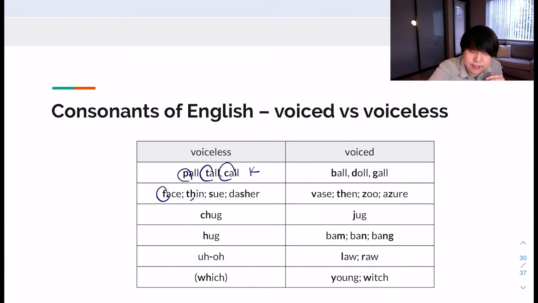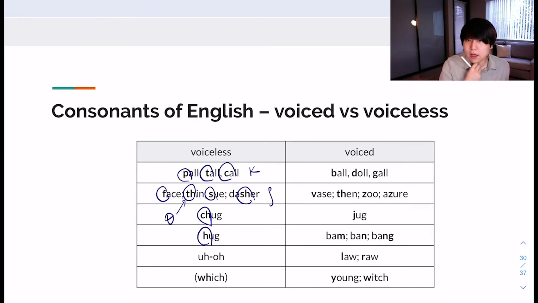Th in face, th in thin, s in sue, and sh in dasher. Later, you learn that this sound is written as this character, and sh looks like a character that resembles an integral sign from math. And the s sound and the sh sound are two different sounds. They're both voiceless. And ch as in chug, h in hug, and